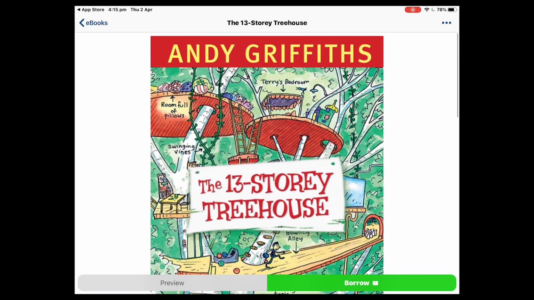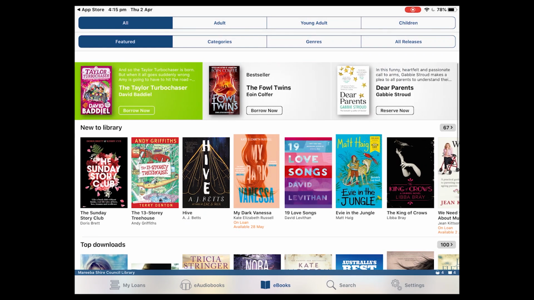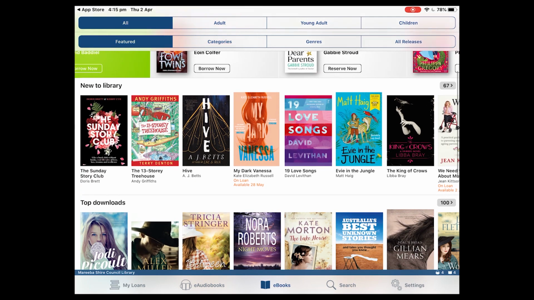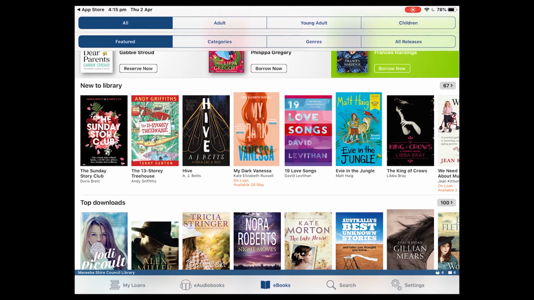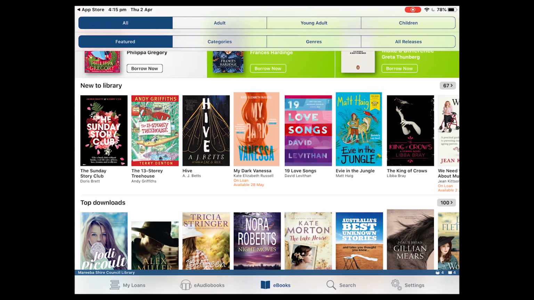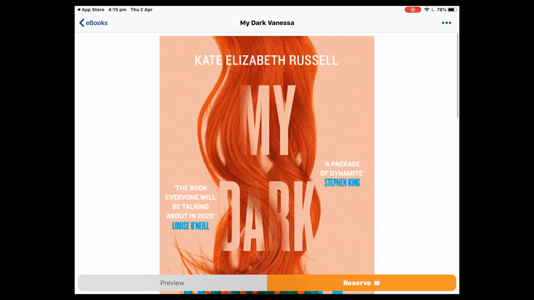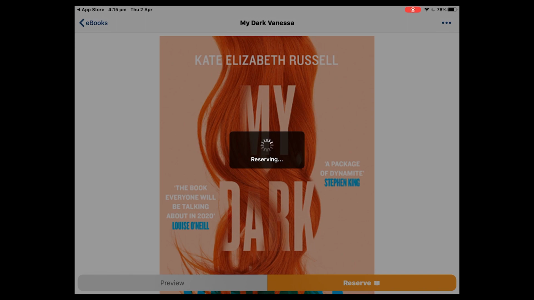So we're going to go to eBooks. And let's see if we can find, oh perfect, right here. My Dark Vanessa is currently on loan and isn't available till the 28th of May. So when we select that one, we see that instead of the green borrow button, we've got an orange reserve button. And when you select that and go confirm reserve,